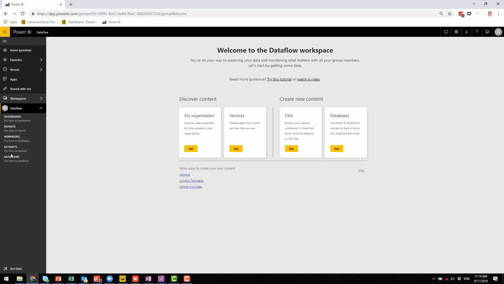Now, the first time I did this, I got a little bit confused. So here we've got data flows. It says you've got no data flows, but I can't find anywhere here that I can actually create a data flow. So I was ripping my hair out, and then on a bit of a hunch